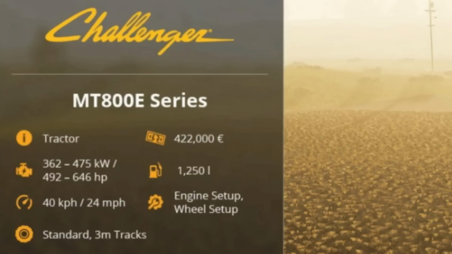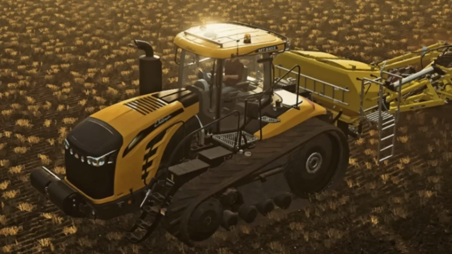We know we've got tracked Fendt, but obviously we've got tracked Challengers as well. Price for this is £422,000, euros or dollars. This is in the large tractor category, 492 to 646 horsepower, 40 kilometers per hour or 24 miles per hour that it will run at. You can change the engine setup and you can change the wheel setup, which is a bit of a change this time. You can have standard track width and you can have 3 meter track width, which we got before